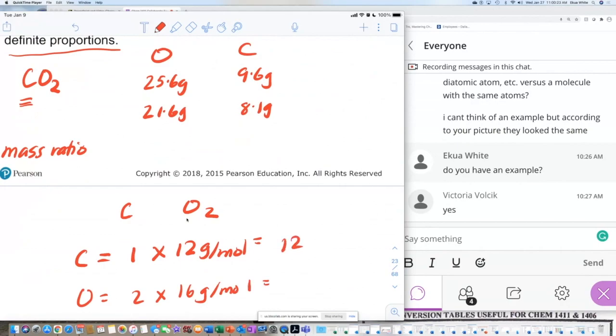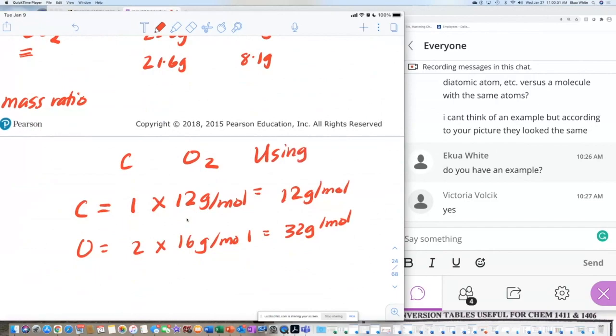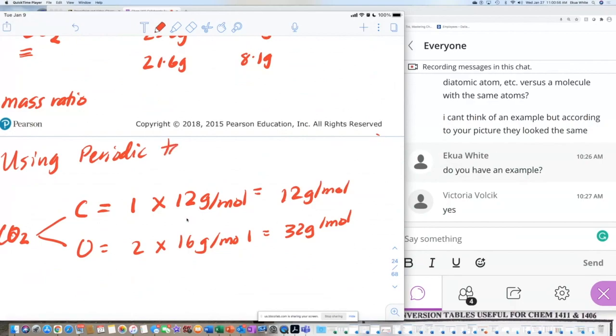Okay, so oxygen is 16 grams per mole, and 2 of them make 32 grams per mole. What I'm doing right now, once again, is using the periodic table. I should have written this somewhere else. Hold on, let me write this right here. So this is CO2, right? I'm using the periodic table to determine the mass